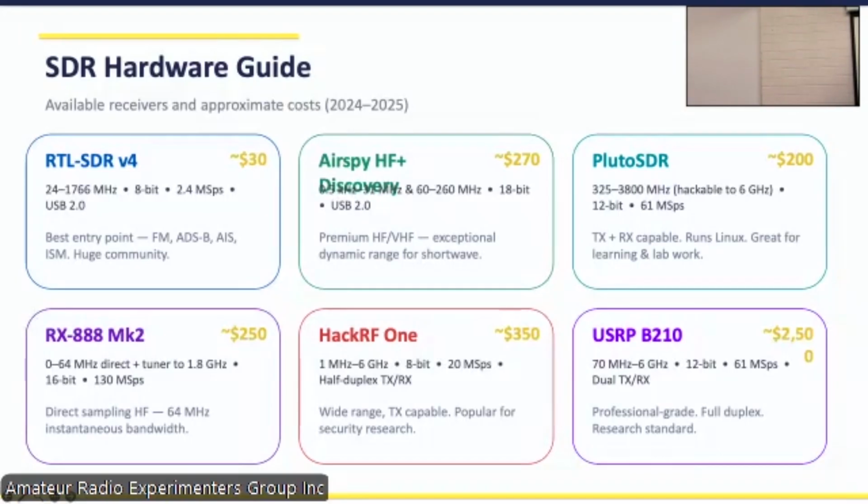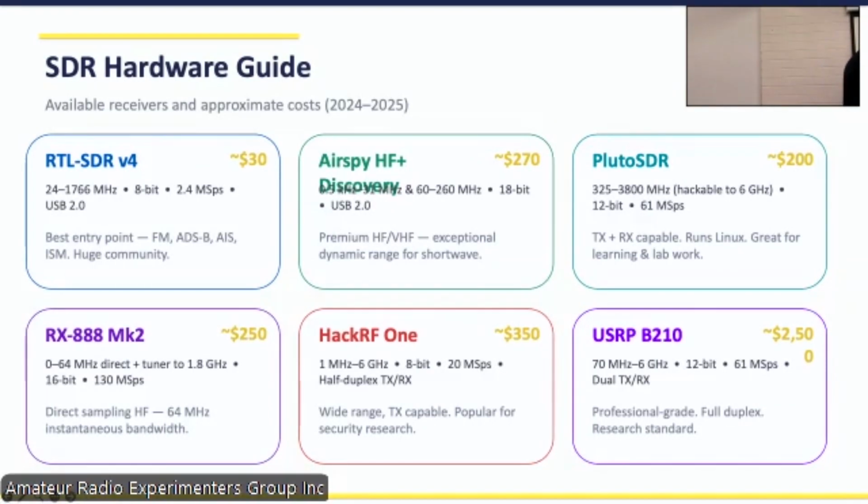AirSpy. This is a very interesting one. This is one of the very few types of software-defined radios that actually has given its sensitivity, all its specifications. However, the HF Plus is a narrow band receiving device. And so we're going to be very careful between them because the different devices have different bandwidths. And the bandwidth that the AirSpy works best at is less than 25 kHz. But you probably will not find a better HF receiver out there. Doesn't matter about the money, that device is amazingly good for HF signals.